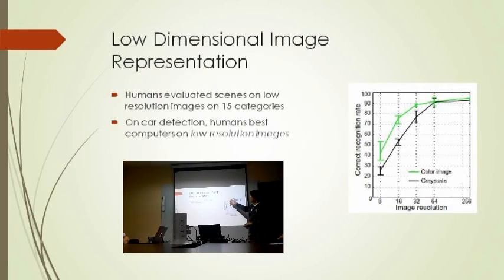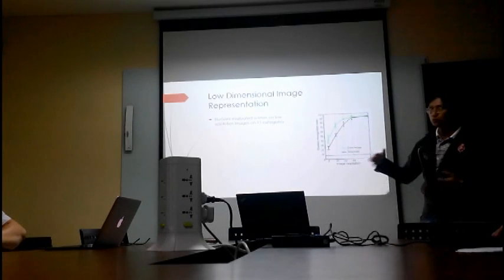So they made humans evaluate the scenes on low resolution images. They found that this here is the image resolution and this here is the classification rate on that scene recognition task. They found that from 64 to 32, the decline was not too large, but from 32 to 16, it was very steep. So they determined that 32 perhaps maybe...